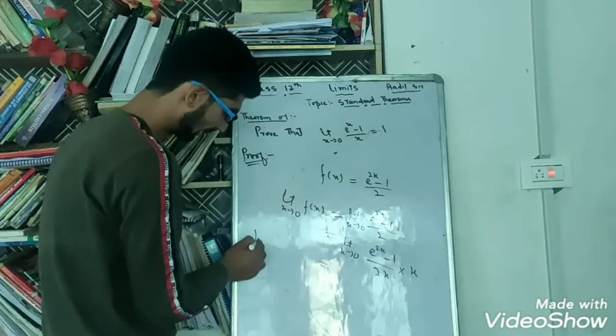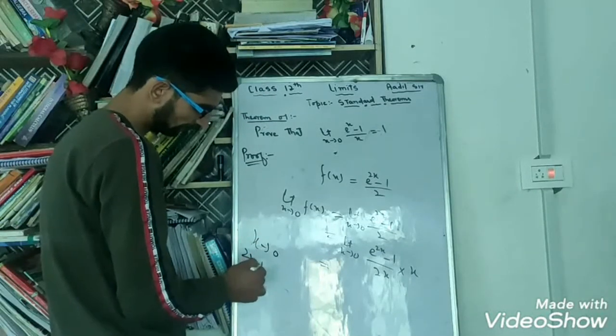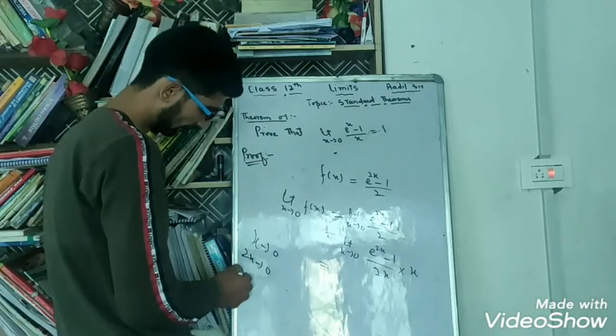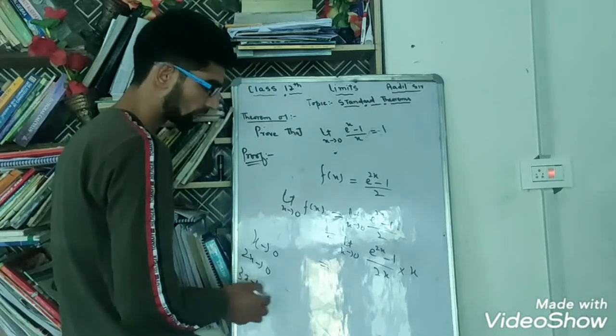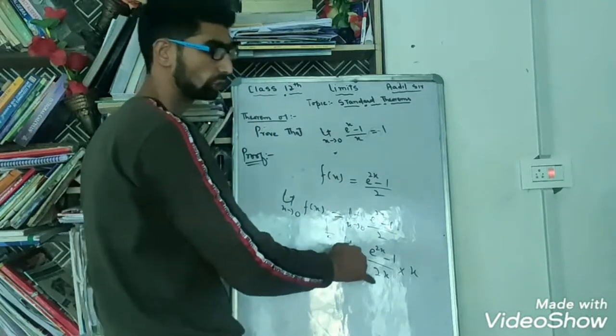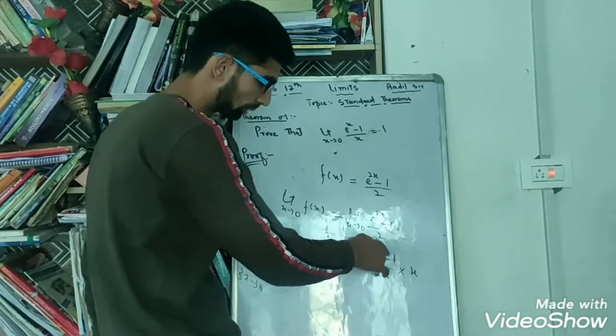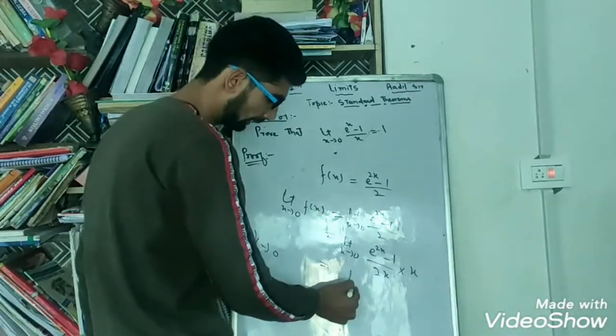We know that beta when x tends to 0, 2x also tends to 0, 3x also tends to 0. So similarly here, x tends to 0 means 2x also tends to 0. So here it will be the limit as 2x tends to 0 of (e^(2x) - 1)/2x, that is 1, into